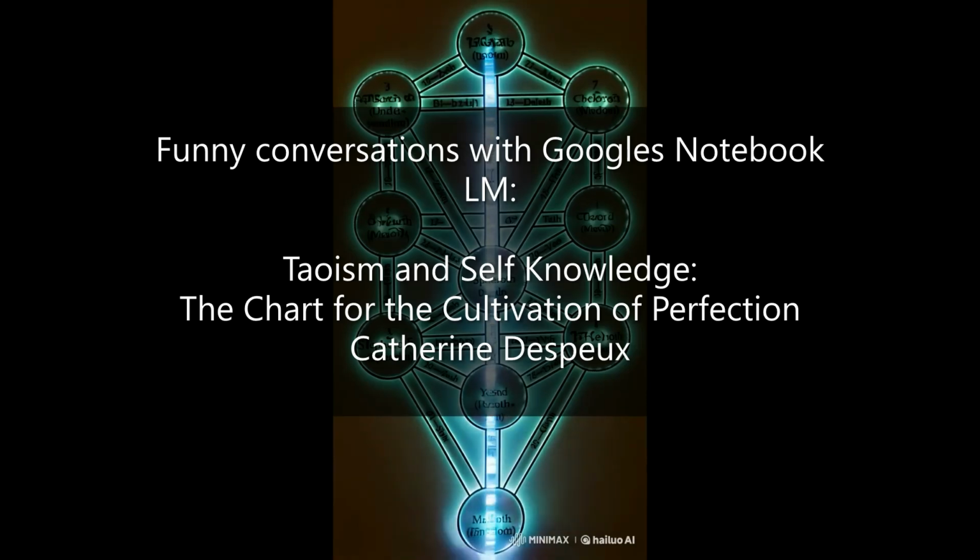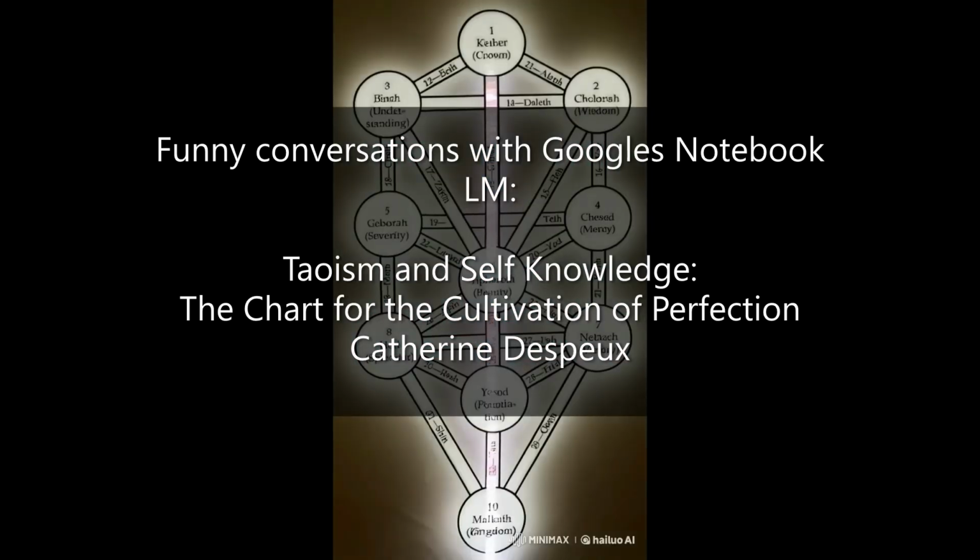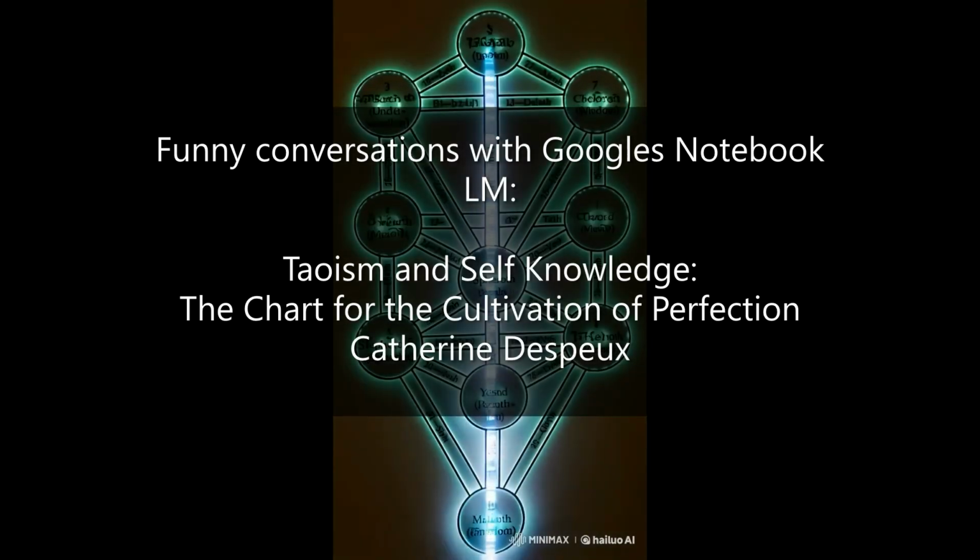But I'm curious about the connection between all of this and the larger cosmos. You mentioned that the body is a microcosm of the universe. But how does that idea actually play out on this chart? That's a great question. The chart uses very specific symbols to highlight this connection between the human body and the cycles of the cosmos. For instance, you'll find references to the 28 constellations, the 30 moons, and even the 24 articulations of the year, all depicted along the spine.